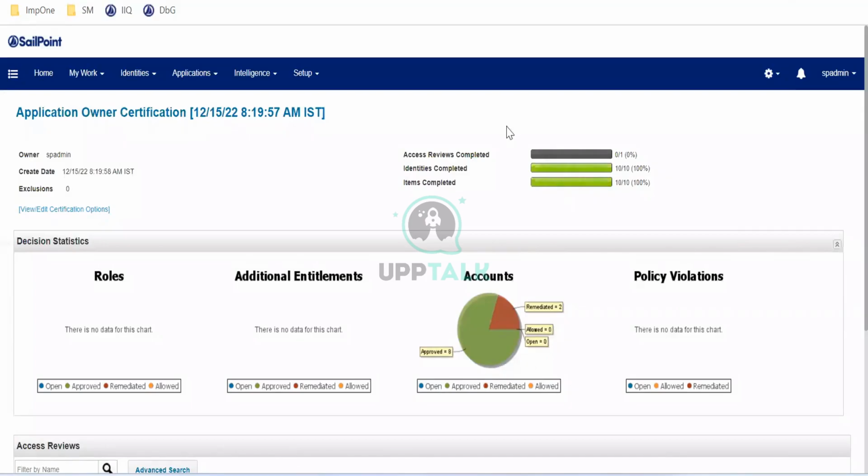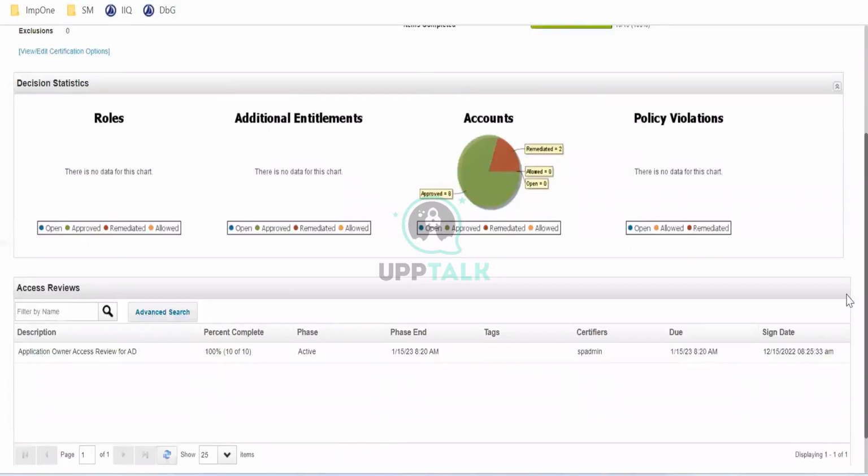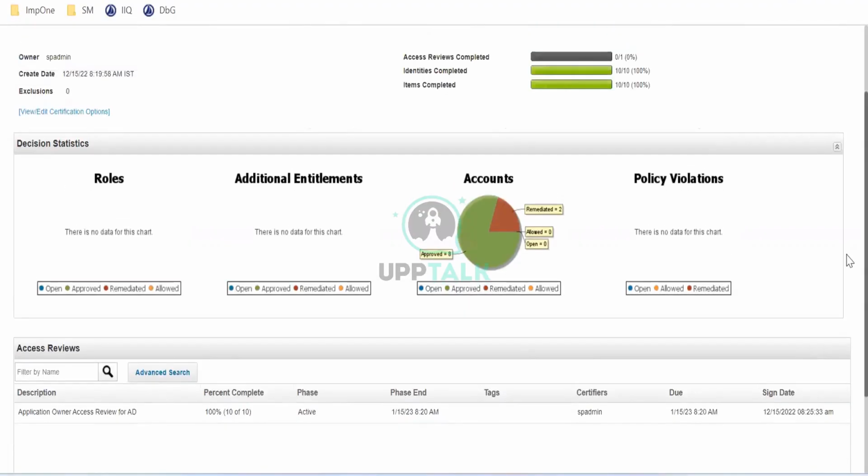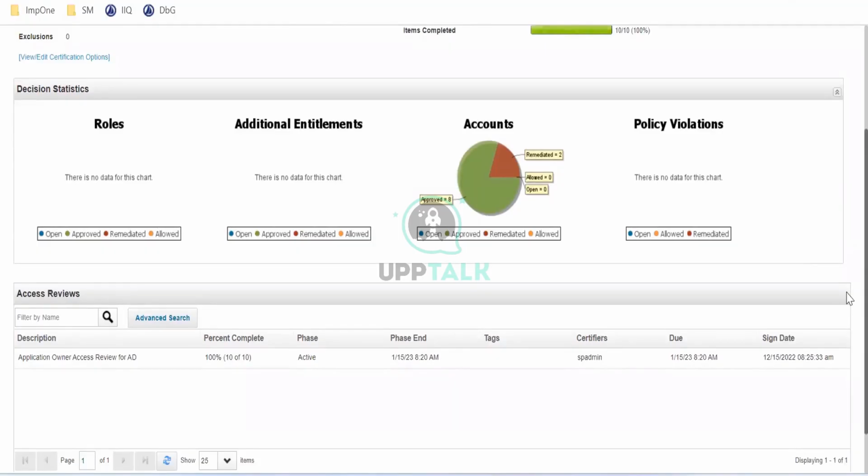Once you show that, I have another question. Rakesh, what about the roles, role certification? I'll quickly show. In the application owner certification, we have selected only accounts. Instead, if I had selected entitlement accounts, it would show the entire thing, all entitlement roles, everything.